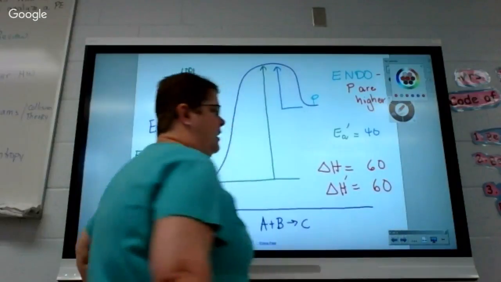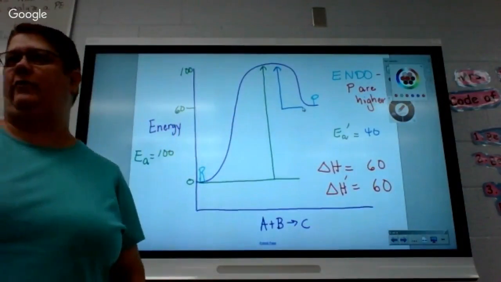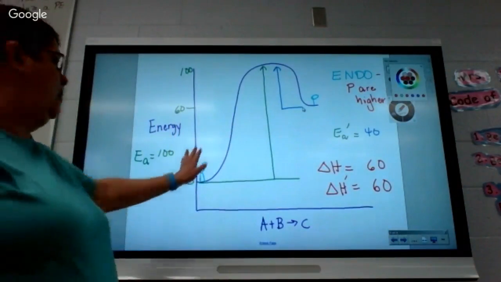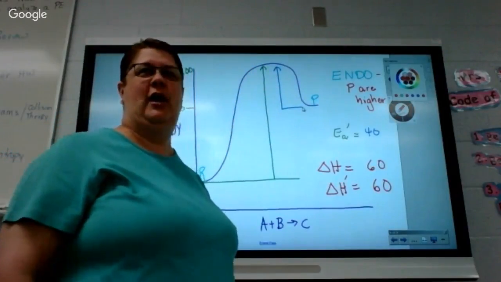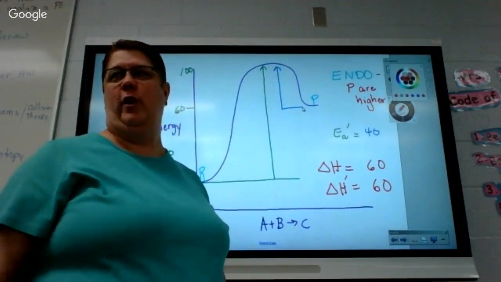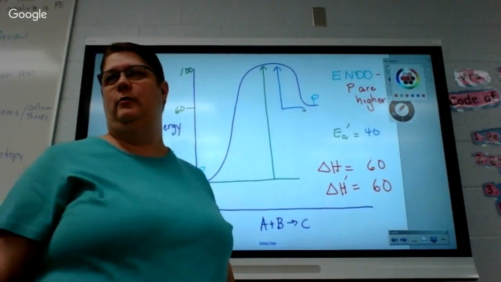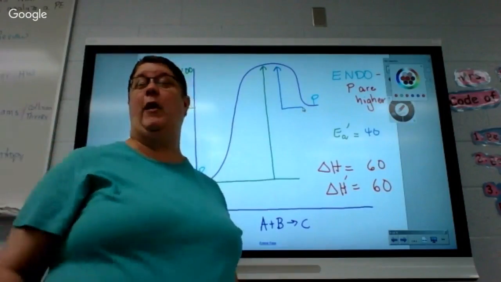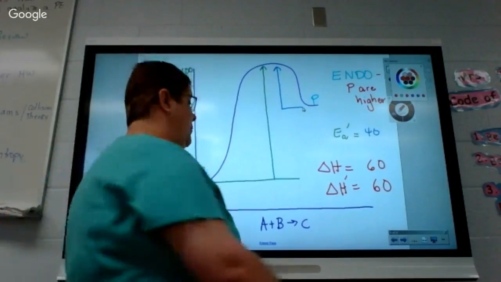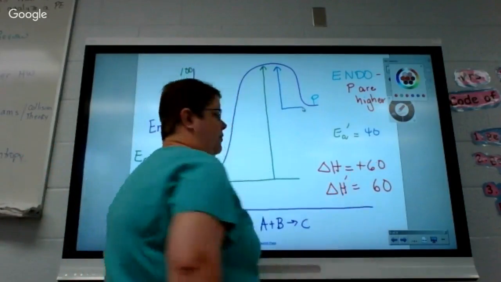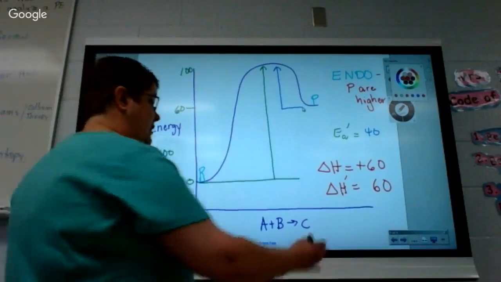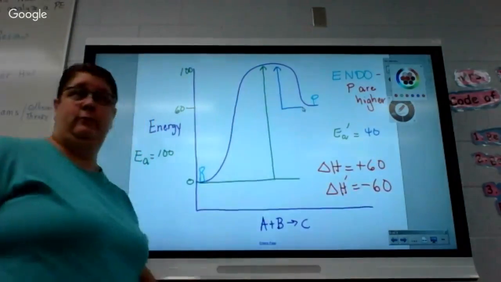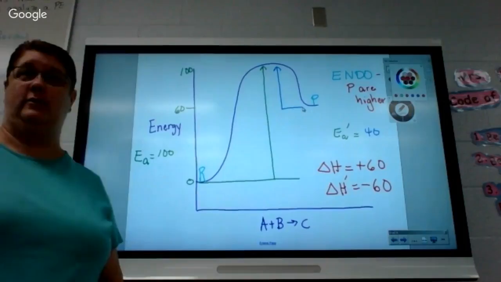The only question is, are they positive or negative? So what can you tell me about this reaction? Is delta H endo or exothermic? So was endo positive or negative? So that means my delta H is positive. That means my reverse is negative. Are we okay on that?